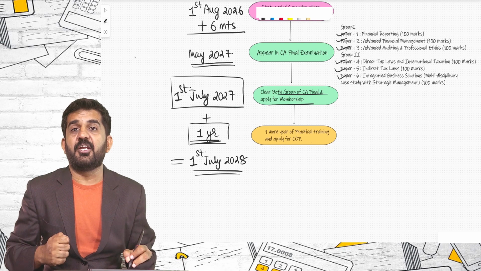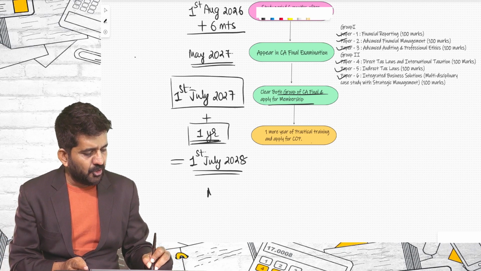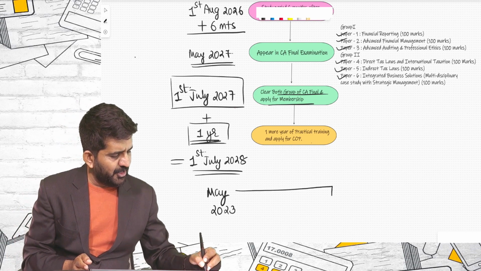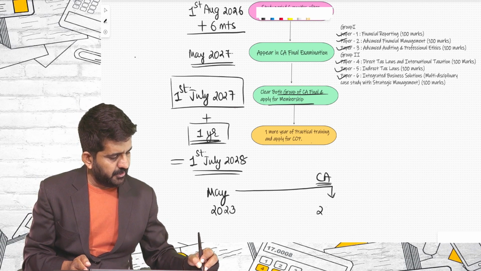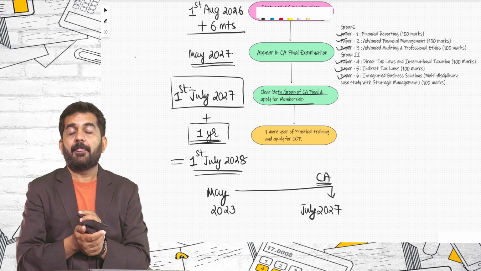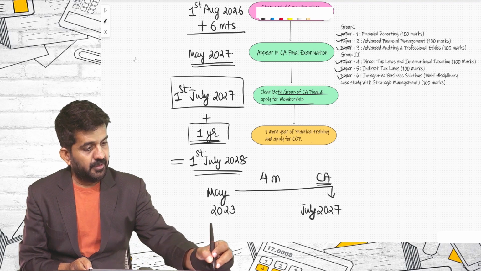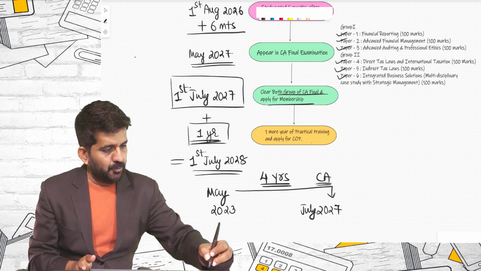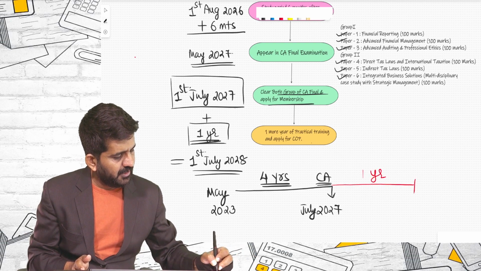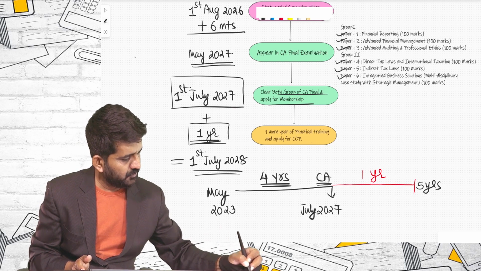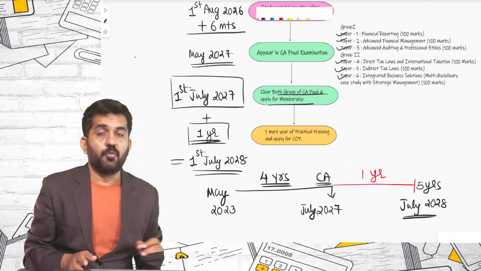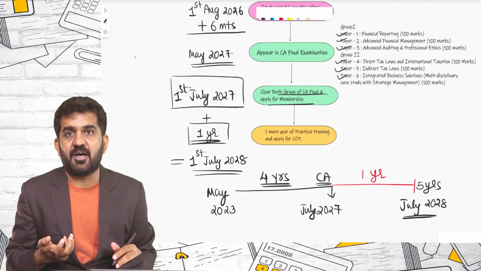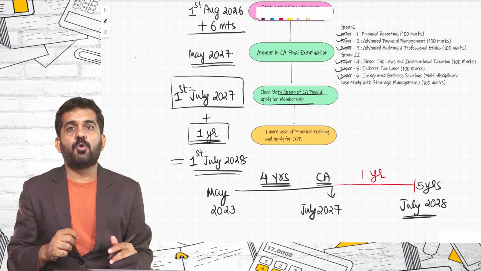This is not required if you are planning to do a job and not planning to do practice. So you started your journey in May 2023 and you are getting CA membership, meaning you are becoming a chartered accountant in 2027, approximately July. You will become a chartered accountant in 4 years. If you want to get a certificate of practice, you will have to extend this by 1 more year, and in a total of 5 years, you will become a chartered accountant along with a certificate of practice, if at all you are planning to practice. So the time duration is reduced from previously 4.5 years to either 4 years or 5 years, depending on whether you want to go for a certificate of practice or